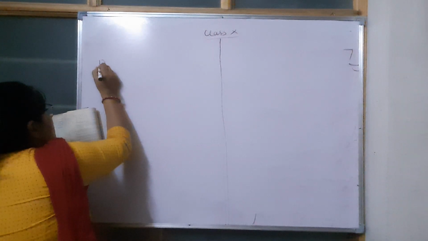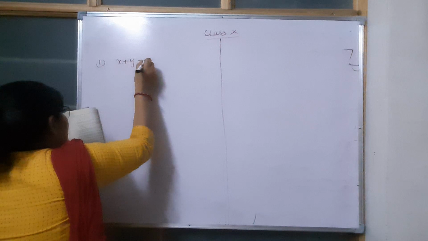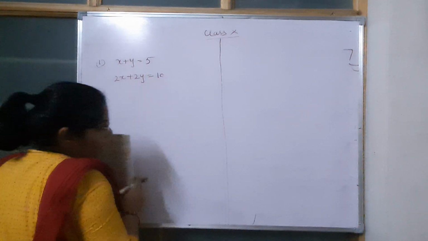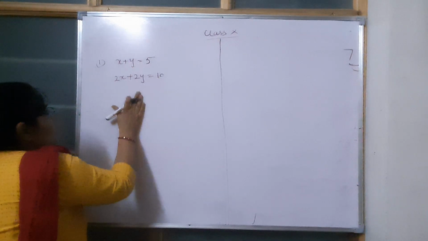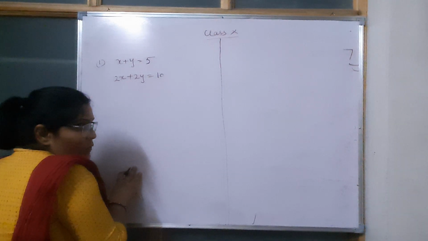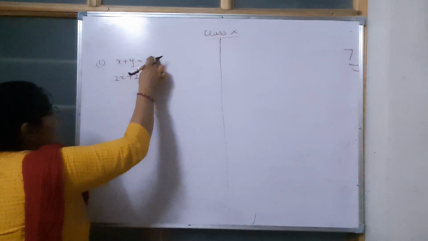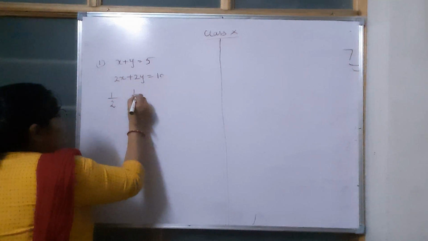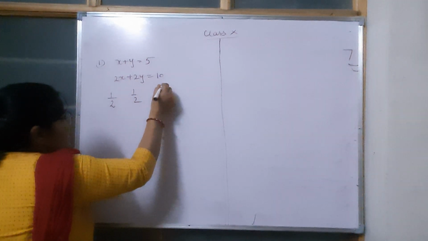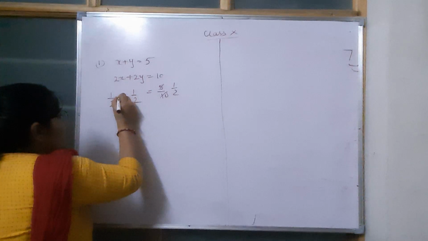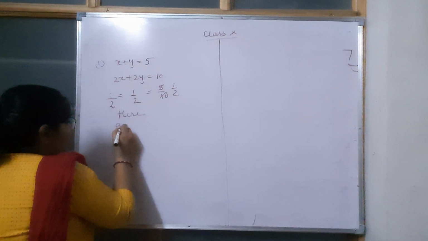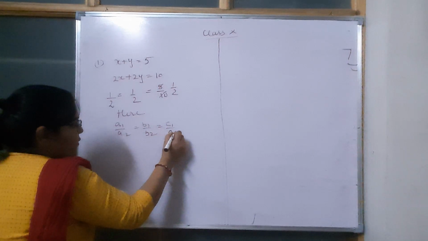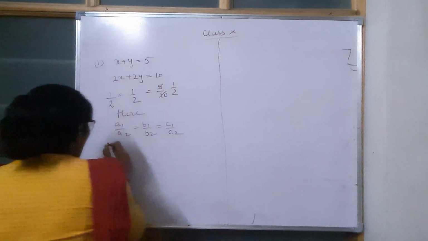So just taking the first, which is x plus y equals 5, and then we have 2x plus 2y equals 10. So what do you have to do? Just look here. Here we will compare the ratios of the coefficients of x, y and constant terms. So we're taking 1 upon 2, here 1 upon 2, and here also 5 upon 10, so again it is 1 upon 2. It means a1 upon a2 is equal to b1 upon b2 is equal to c1 upon c2. So it means coincident lines.